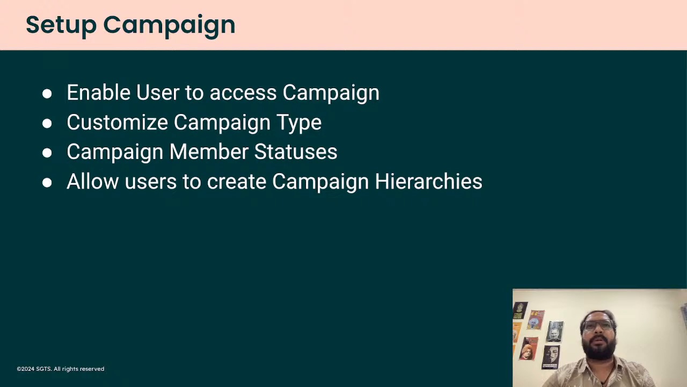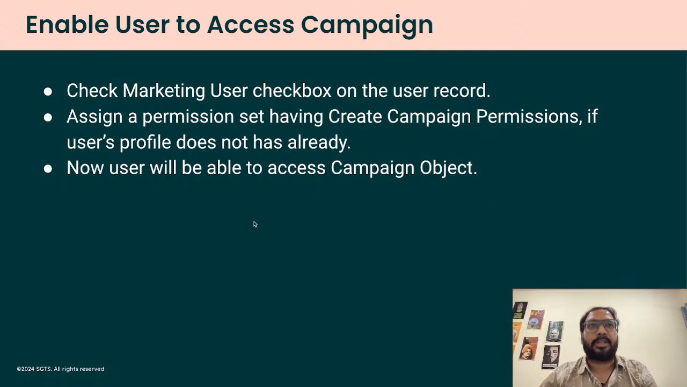First, we need to enable users to access campaign. Okay, then you can customize campaign types. Then you can check campaign member statuses, and then you can allow users to create campaign hierarchies. Okay, so these four things we will understand in detail. So basically, if we go through the first thing, that is enabling users to access campaign,